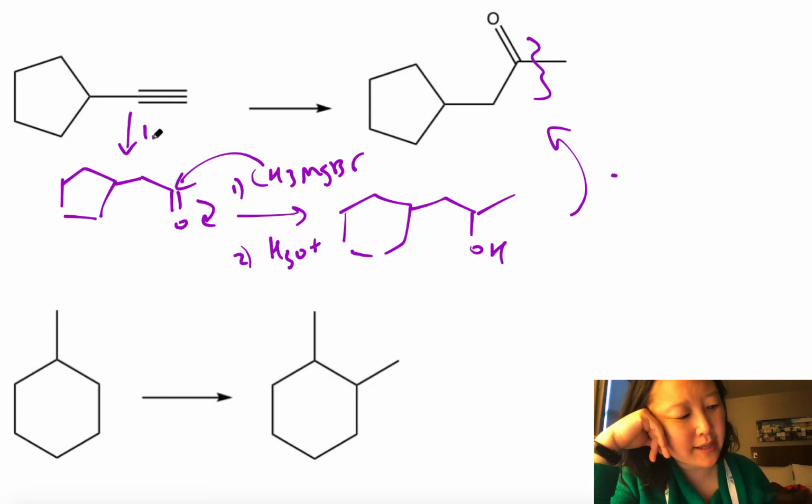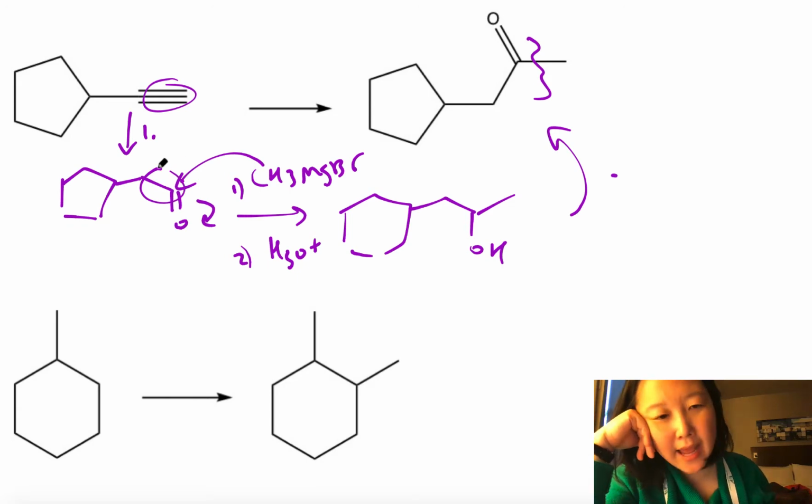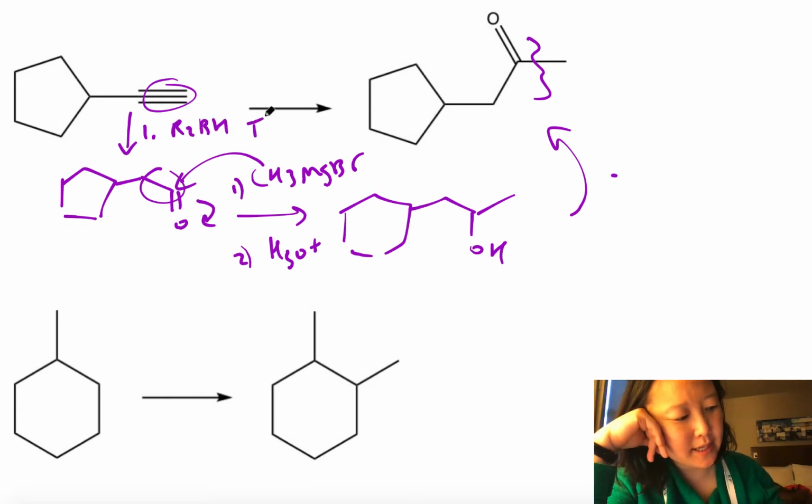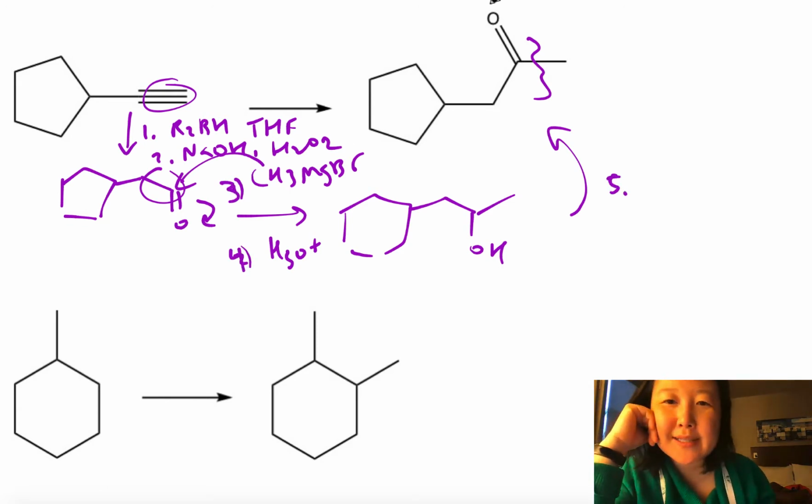So step one, though, has to be how do I get an alkyne into an aldehyde? So that's R2BH, THF, NaOH, H2O2. Then I do my Grignard reagent and workup. And then step 5, I need some kind of oxidation to go from an alcohol to a ketone. And here's where you can use anything like PCC, sodium dichromate, chromic acid, any of those, chromium trioxide or Jones